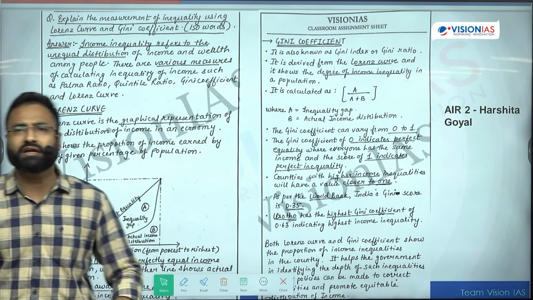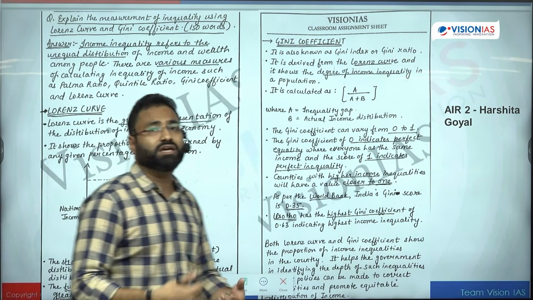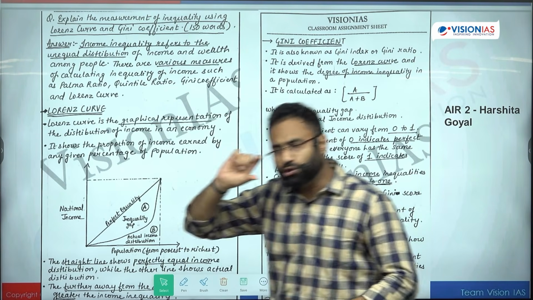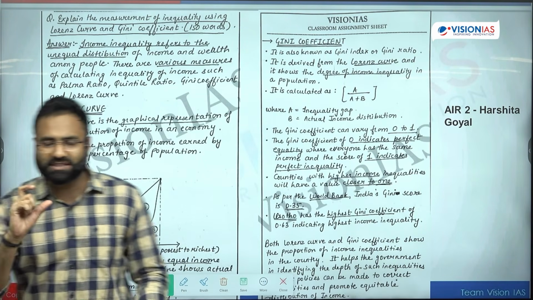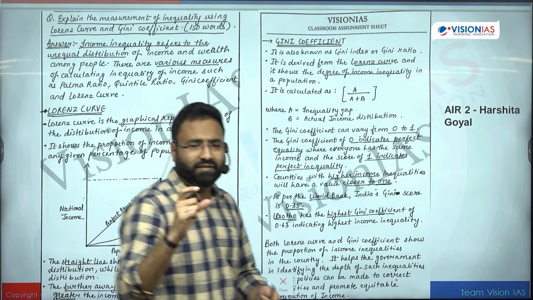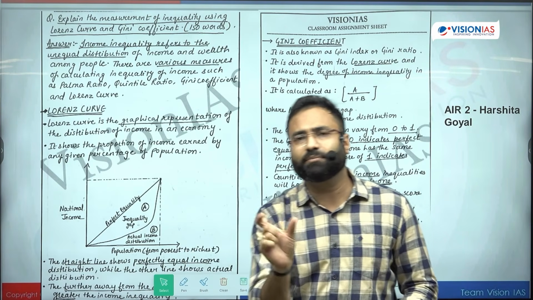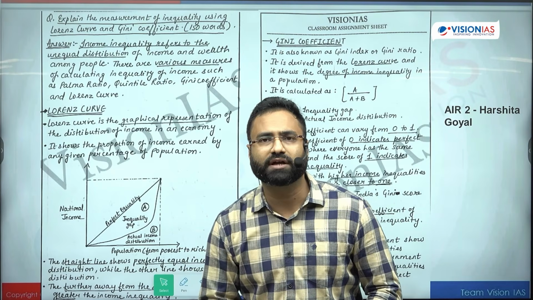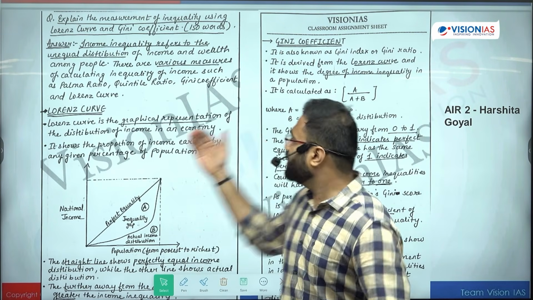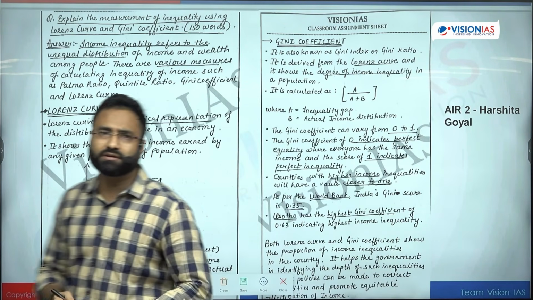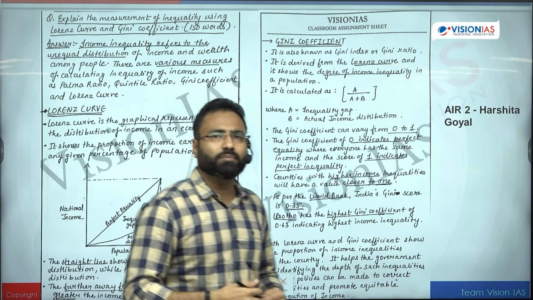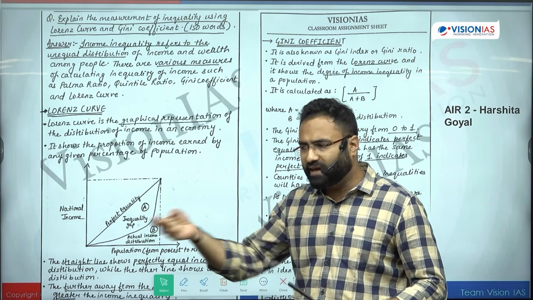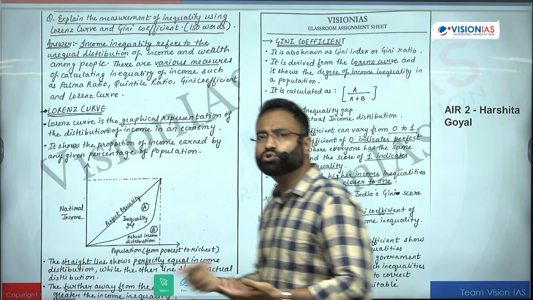A beautifully written introduction. Alternatively, if you are thinking that you are not able to remember or recall, you can talk about any other thing. For example, if you came across any specific report highlighting income inequality or inequality in wealth distribution, you could have talked about that. That might have given the current awareness about that particular thing. You could have also talked about any other definition of inequality in general and then come to income inequality. That was also fine.